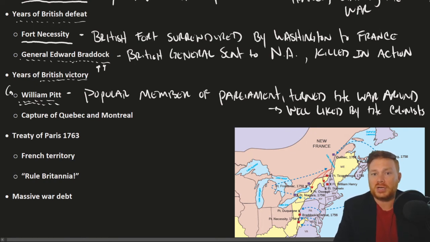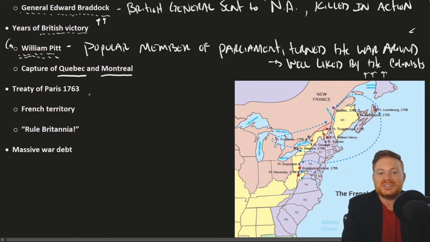This is not the only time that he pops up in American history. He pops up again once we get to some of the unraveling of the American Revolution, but he was somebody who turned the war around and, we could say at the very least, was well-liked by the colonists. The British succeeded in capturing Quebec, which was the capital city of New France, and also Montreal, which was a major city as well. And the Treaty of Paris in 1763 ended the war